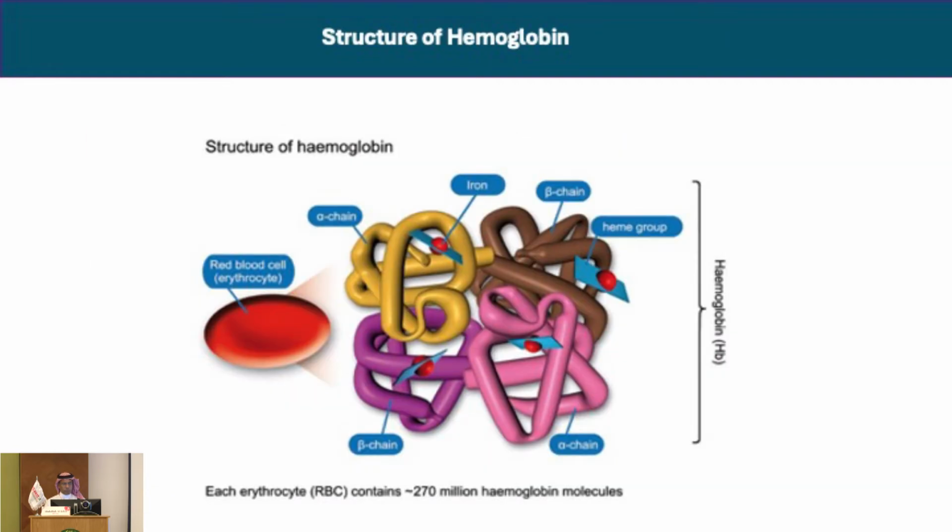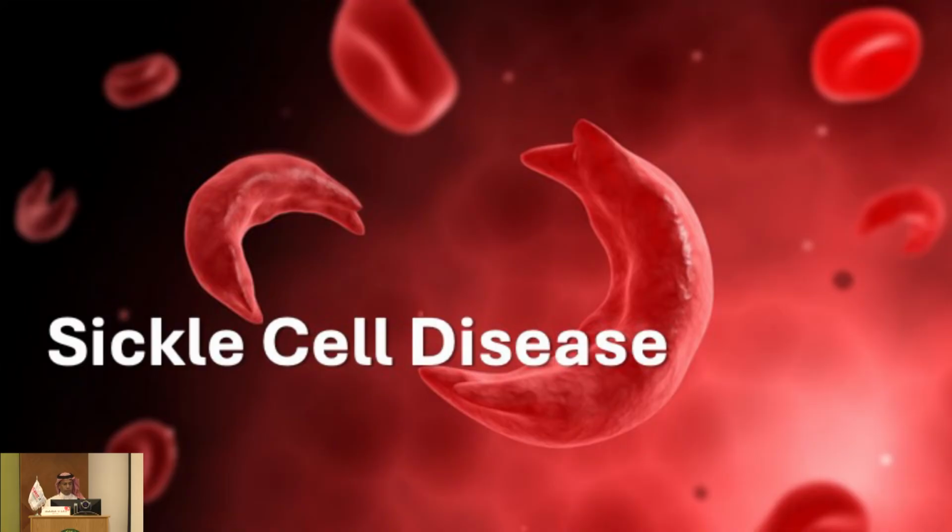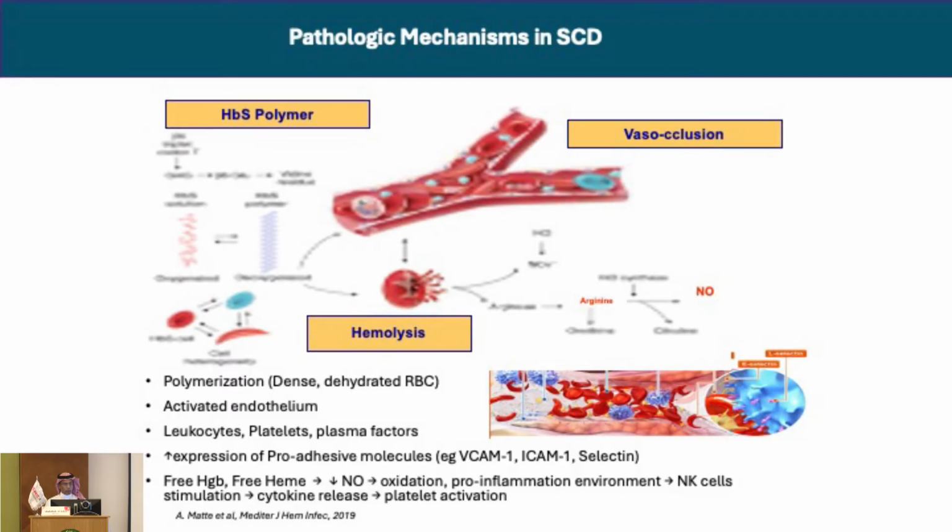This is the structure of the hemoglobin. As you can see, the normal hemoglobin is formed of 2 alpha and 2 beta chains, and they are symmetrically held to give it its functional aspect. Sickle cell disease and thalassemia are beta globin abnormalities, where sickle cell is a functional or qualitative problem of the hemoglobin, which under certain stresses becomes abnormal and causes all the pathology.